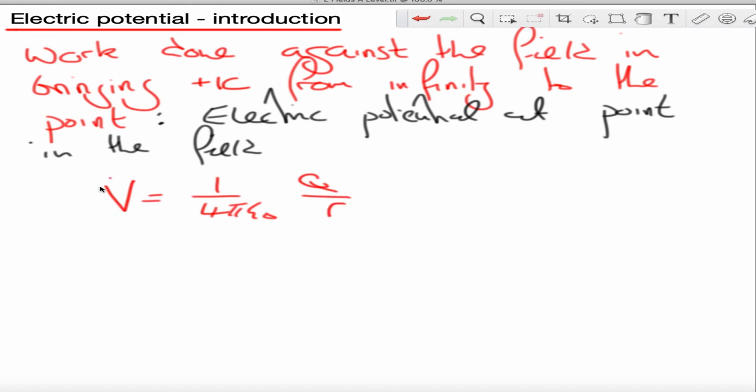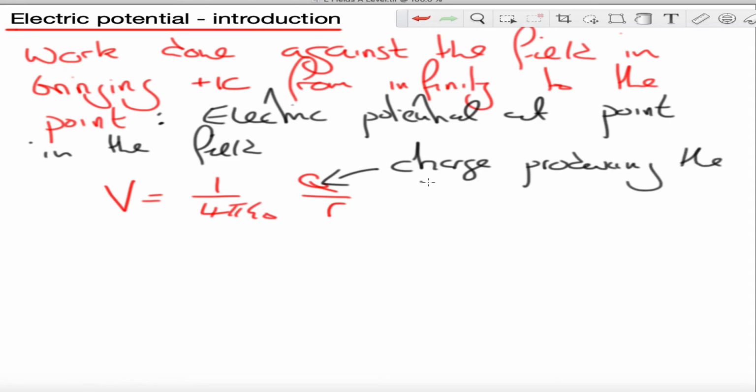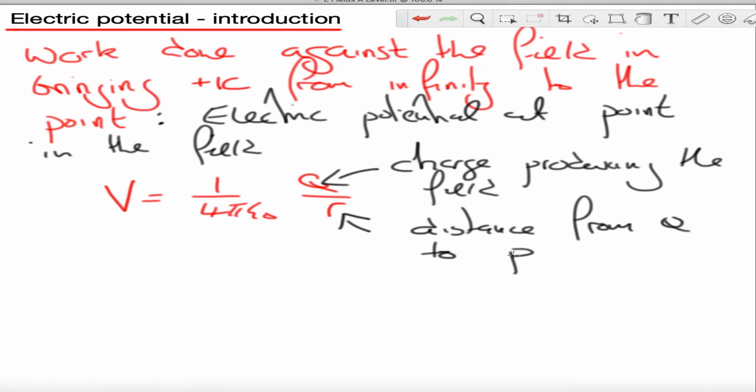is that V is the symbol for potential, as it was with gravitational fields. Q is the charge producing the field, in coulombs, of course. And R is the distance from Q to the point. So you can see